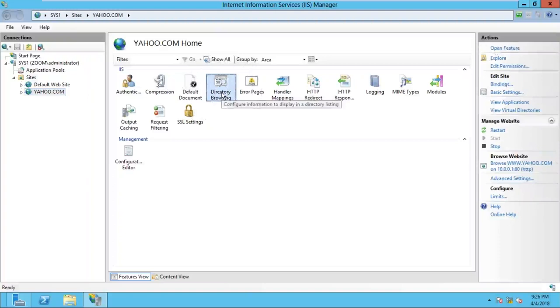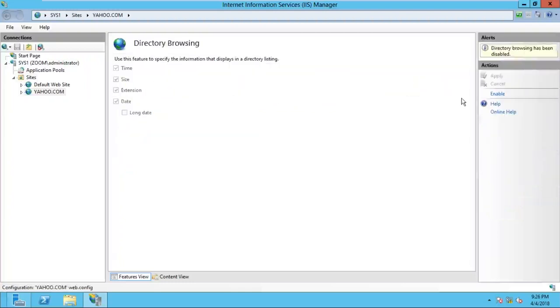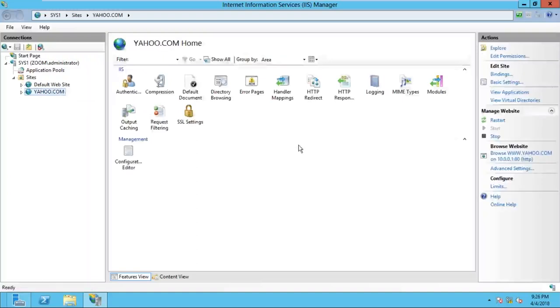Now once you click enable, your directory browsing feature is enabled. So you can see here, once you open the directory browsing, we have the option enable. So once you click enable here, now your site is successfully configured, but